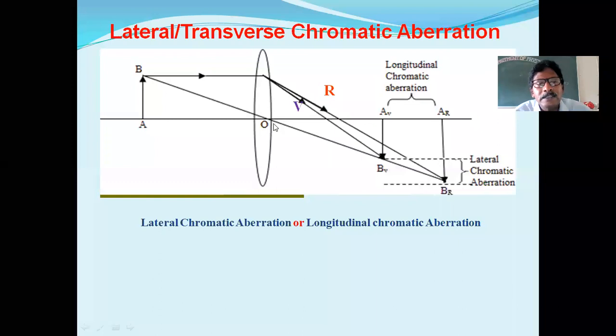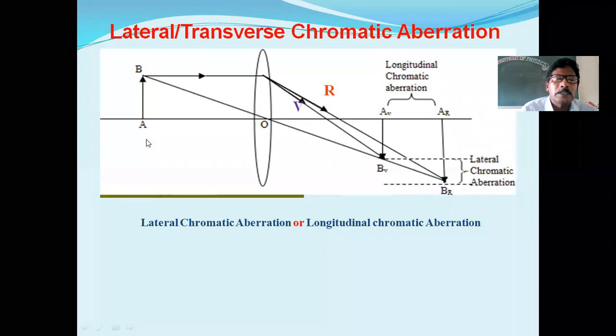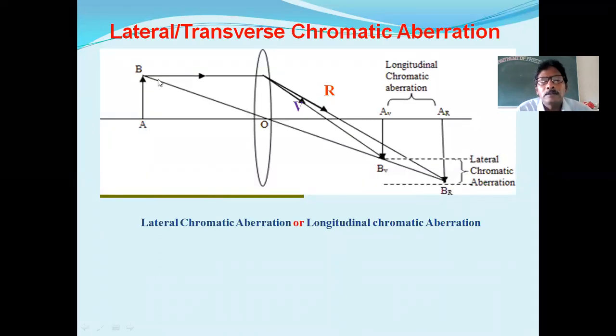Here there is a convex lens and an object. Here is an object AB. It is kept at a distance U from the center of the lens. The white rays are traveling from the point B. So we have selected two rays. One is parallel to the principal axis and the other one is passing through the center of the lens. There is a convention when the light ray